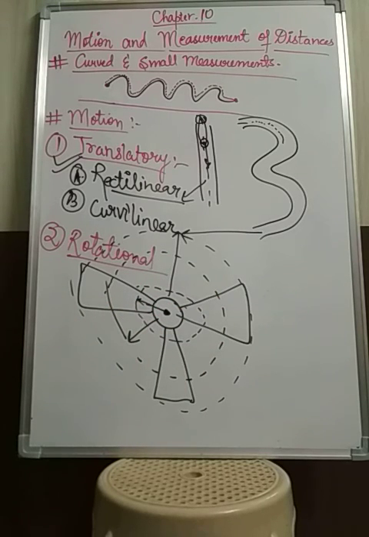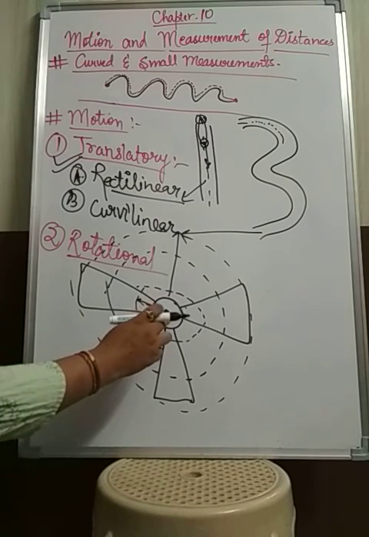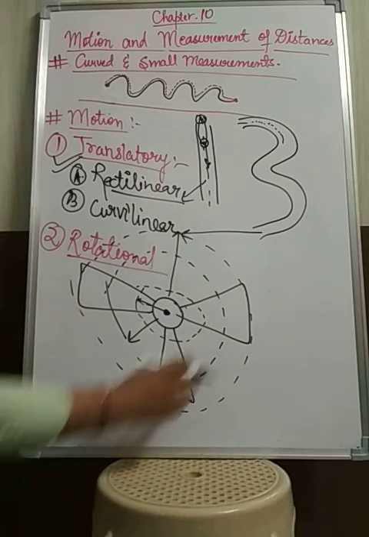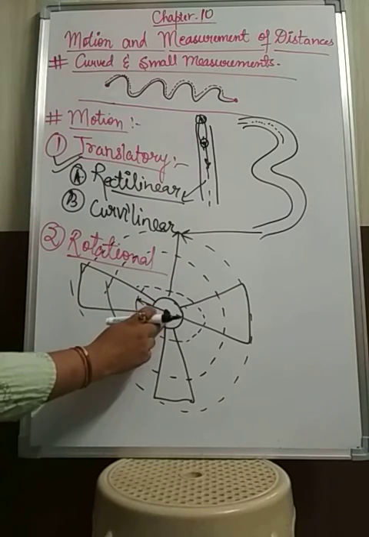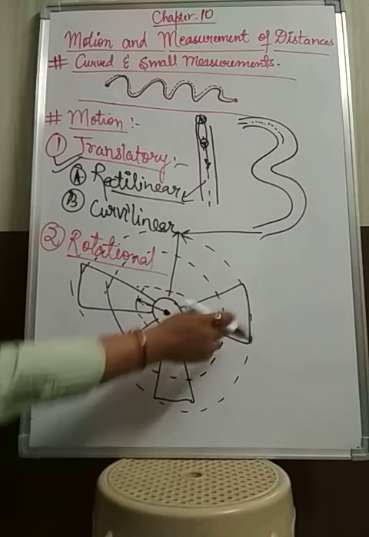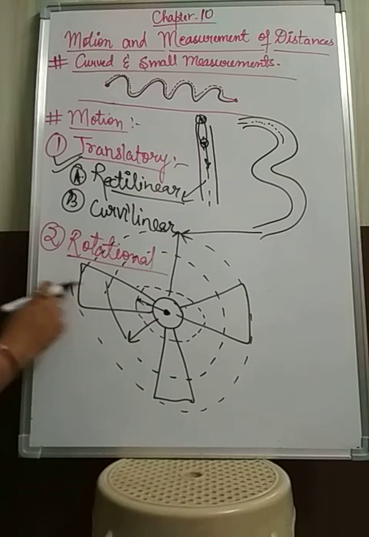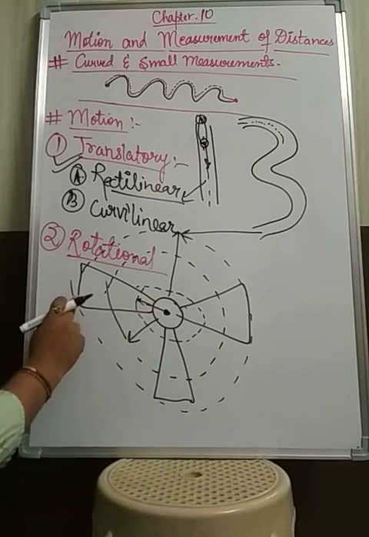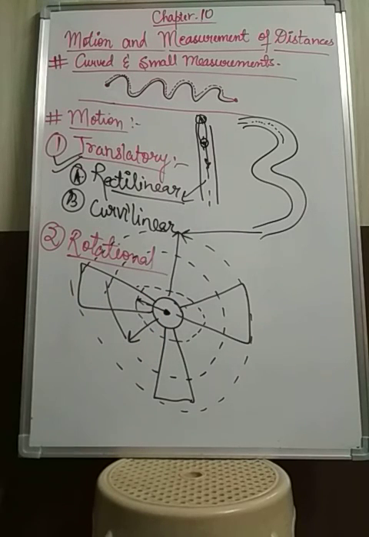Okay, so what this rotational motion tells is that the motion in which a body moves around the axis, this is the axis, and this complete body is moving around this axis, and different parts of this body, इस body के different parts से blades हैं. Okay, और उस blades के भी मैंने different parts कर दिए. So that different parts of the body cover different distances at a given time interval.